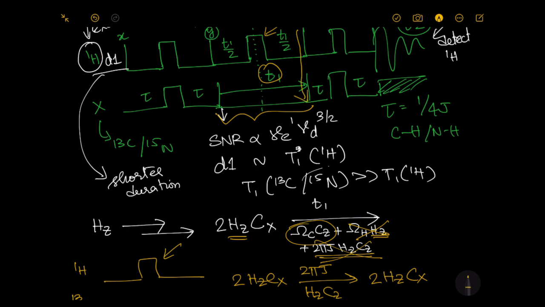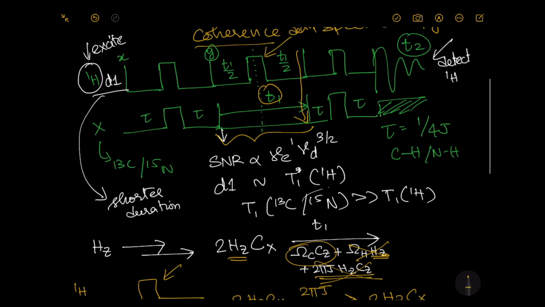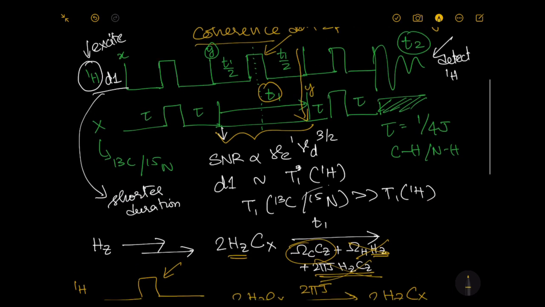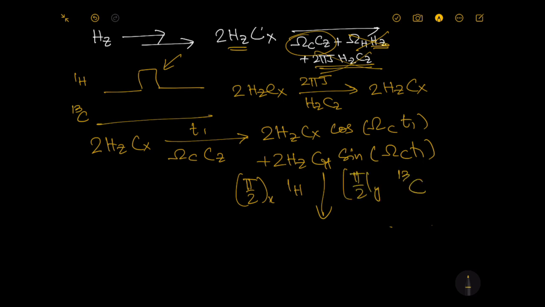and you have two simultaneous 90-degree pulses that are applied on the proton and carbon channels respectively. Let's take pi by 2 pulse along X for proton, and just for an instance, we can think about this carbon pulse being applied along the Y phase. Therefore, what you're going to have, pi by 2 along X for the proton and pi by 2 along Y for the carbon. Therefore, this is going to end up being